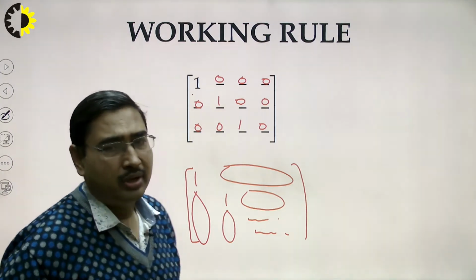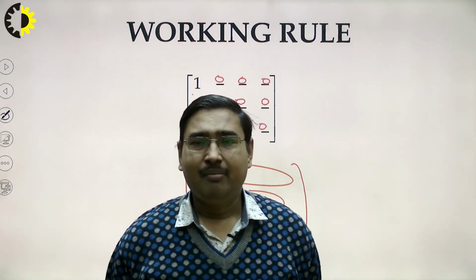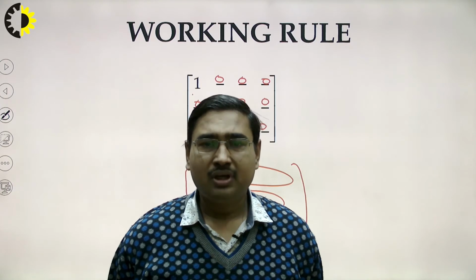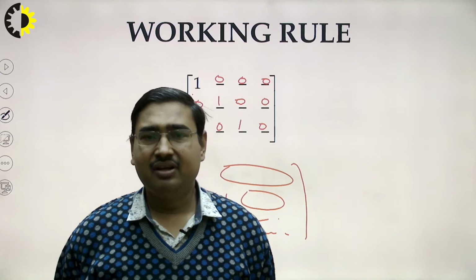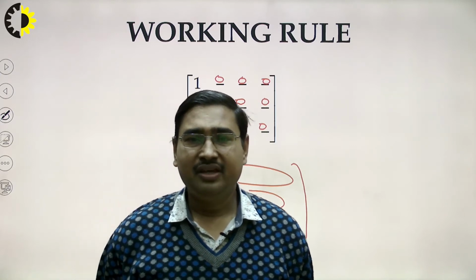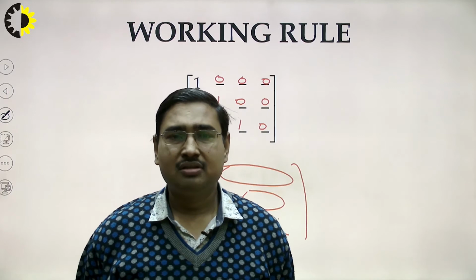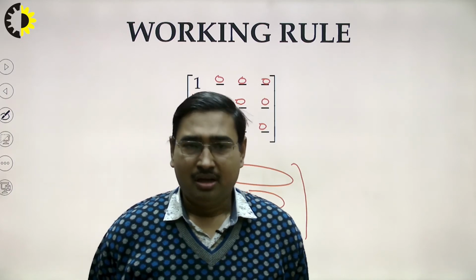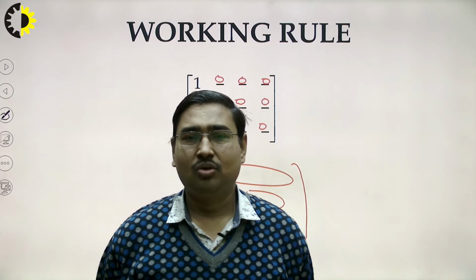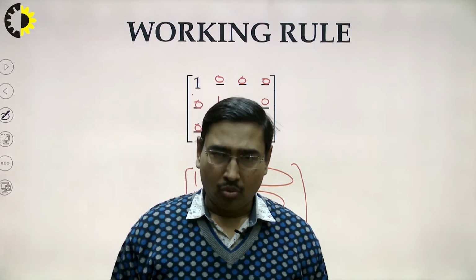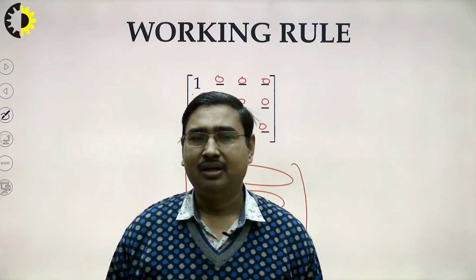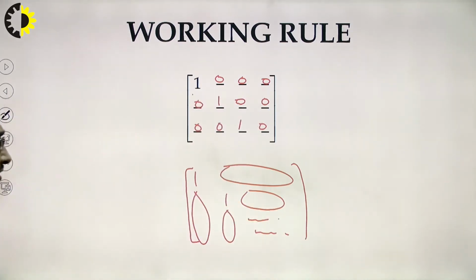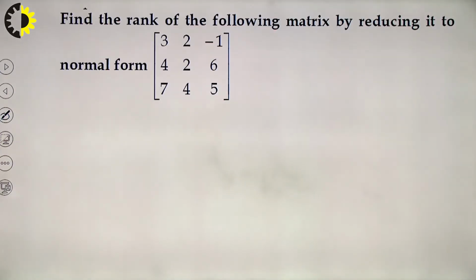Here it should be noted that when converting a matrix to normal form, both types of transformations can be used. In case of finding the inverse of a matrix, we have seen that we can use either only row transformations or only column transformations. But when we are transforming a matrix to normal form, we can use row transformations as well as column transformations simultaneously in the same example, and the procedure will be clear with the help of the example which we are going to discuss now.